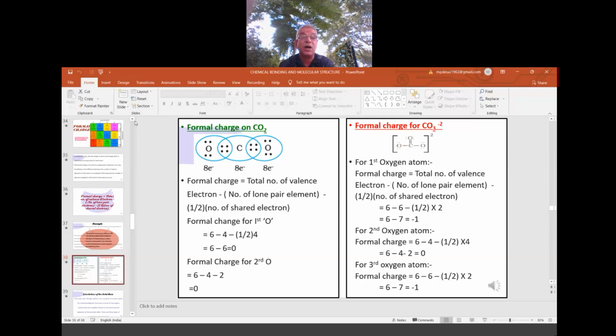We can explain the charge on the carbonate ion either by loss or gain of electrons using the 9th class crisscross method, or by the electronic configuration, or by the formal charge. You go by any route, ultimately the answer is the same. So CO3 gets the minus 2. So the formal charge on CO3 is minus 2.